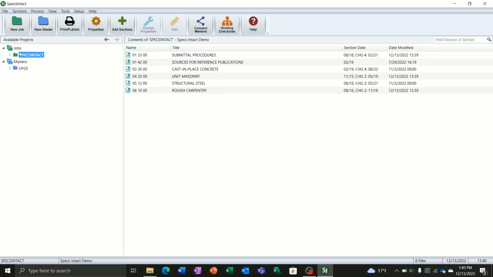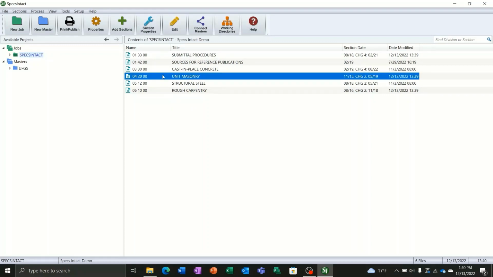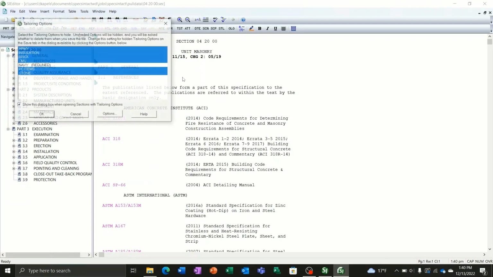and see it tailors those three sections, and now it's brought it into our project. So now we have our project over here, and this is the content of our project, so the different specification sections that are in it. Now there's a lot of things that can be done from within the SI Explorer, but one thing we cannot do is edit these sections. To edit a section, let's indicate unit masonry here. If you double click on it, okay, it's going to open up, this is the SI editor.